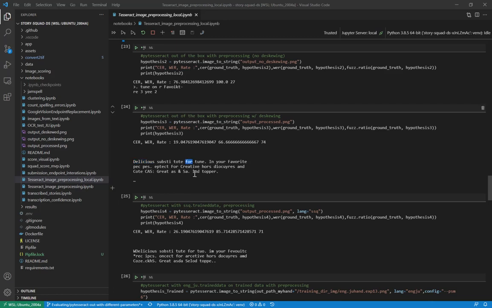Four is the extracted favorite. In your favorite, that's almost a sentence, close to. And creative, the word creative gets extracted. Hors d'oeuvres, I'm getting closer. Gotta say, it's closer than what I would guess as a human. I didn't know how to spell that word when all this started, and I still don't. And topper, so there's some great. So there's a lot of words that now, because of the pre-processing and because of the de-skewing, the OCR is